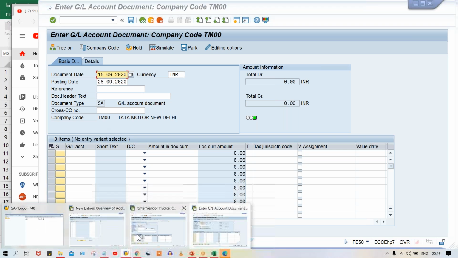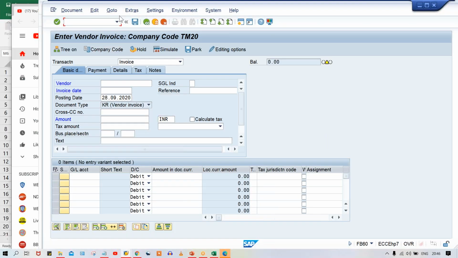What about for FB60? /n for FB60, and let's suppose I'm going to give a different